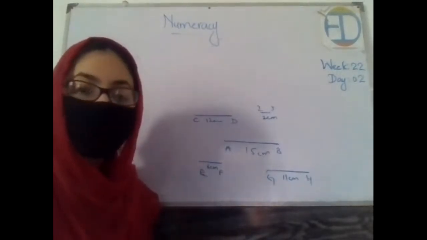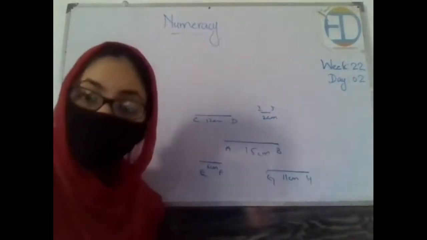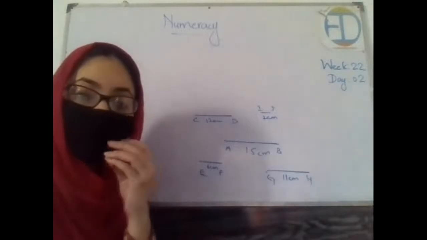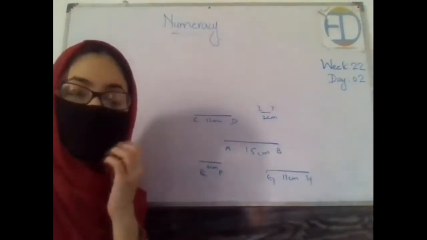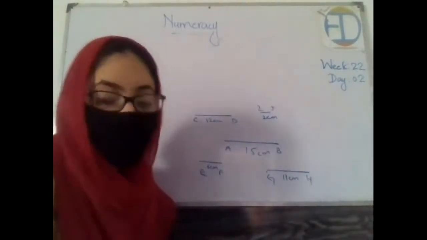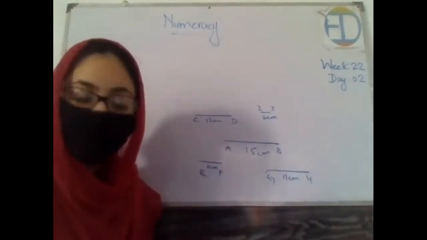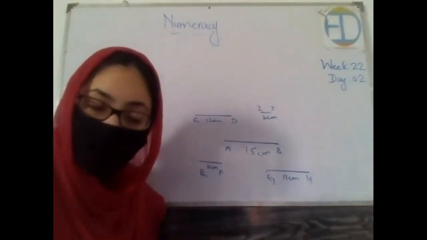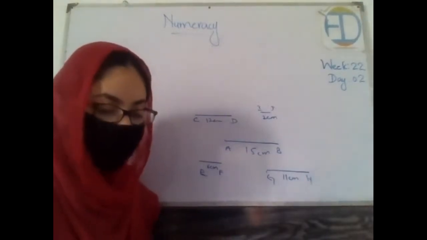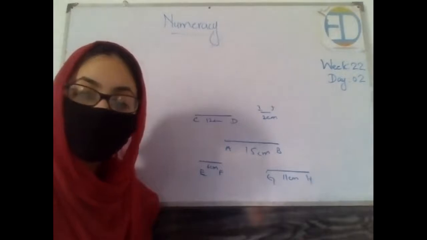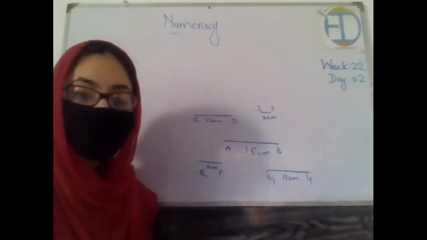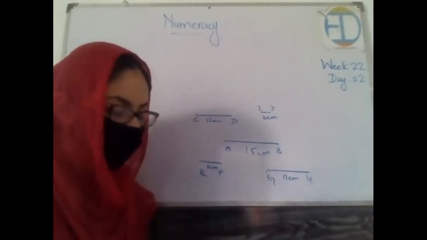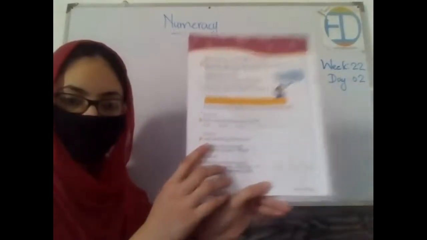The first one is at 0 and the second at the given measurement. Let's say if somebody asks you to draw a line of 6 centimeters, you are supposed to mark the second point at 6. If somebody asks you for 11 centimeters, the second point would be at 11, right? So it depends on what length you are supposed to draw. Another thing you should be careful of is that the needle of your pencil should be sharp so that you can easily draw a perfect straight line. Got it?